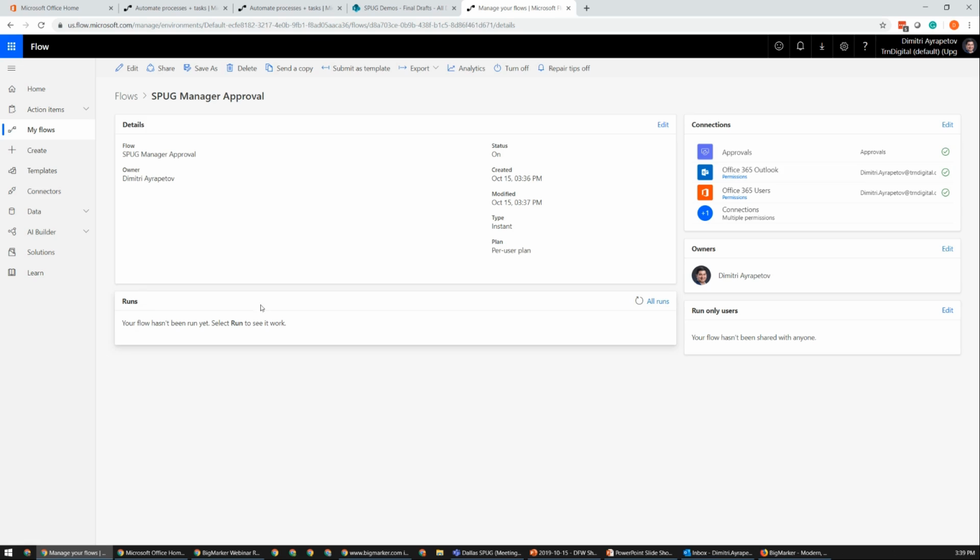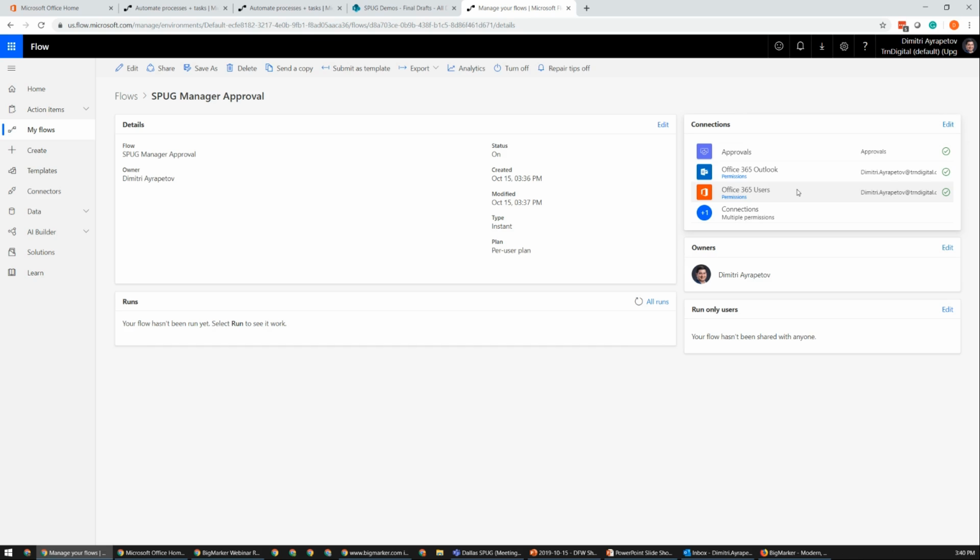A few more things to point out. So as flows are being executed, you'll see a list of all of your executions happening below, and we'll show you how that works in just a minute. On the right side, you see the number of different connections. So for every data source that you connect into, you will need to have a connection. Now, because I'm within Office 365, I'm already logged in and I'm interacting with Office 365 objects, it's not going to require me to re-authenticate. But if I was, for example, connecting to SurveyMonkey or another external application, I would have to provide my credentials that would be stored as part of a connection to this flow.